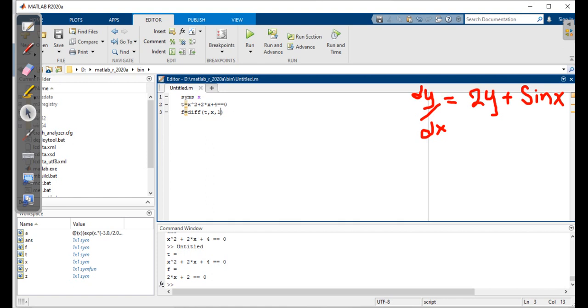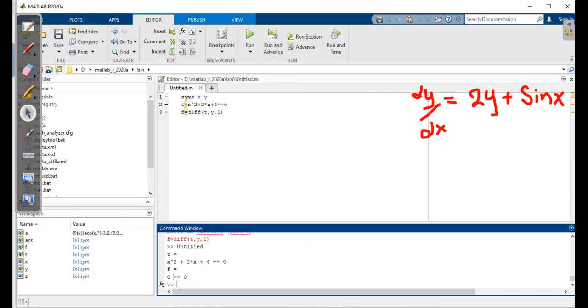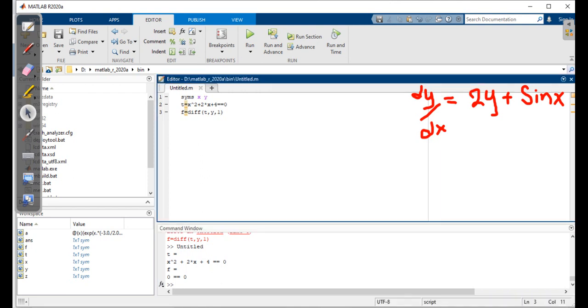If we take the derivative with respect to y, then see what will happen. Here I declared two variables. You can see that the derivative with respect to y is 0. Hope you understand it. So take the second derivative of this equation. You can see the second derivative of this equation is 2. So let's cut it down.